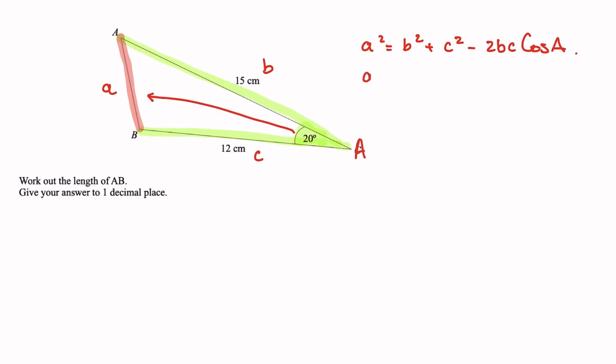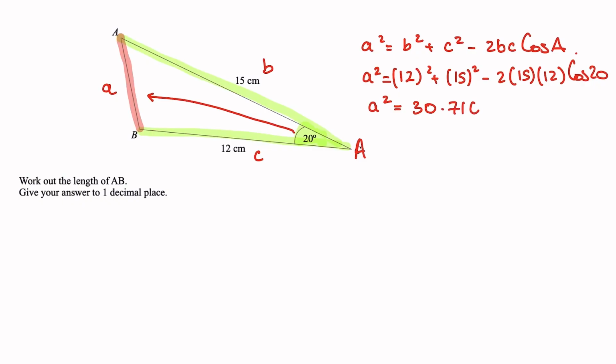So a squared is equal to 12 squared plus 15 squared minus 2 times 15 times 12 times cos 20. So if I put this in a calculator, a squared is equivalent to 30.7106..., giving my value of a as the square root of 30.7106..., giving us the value of a as